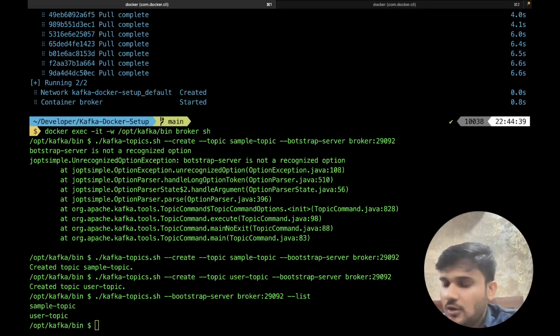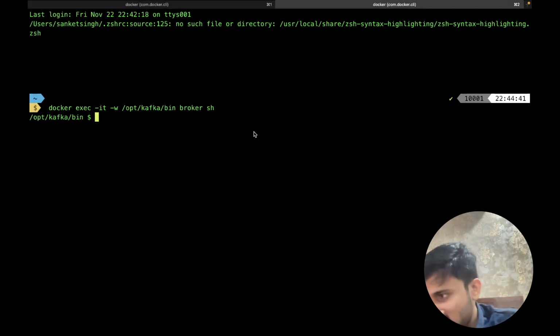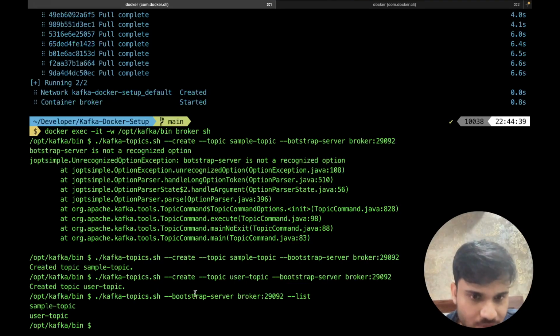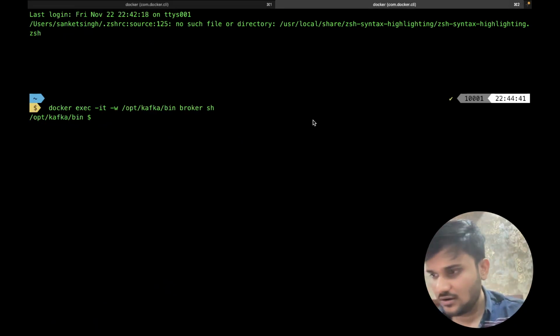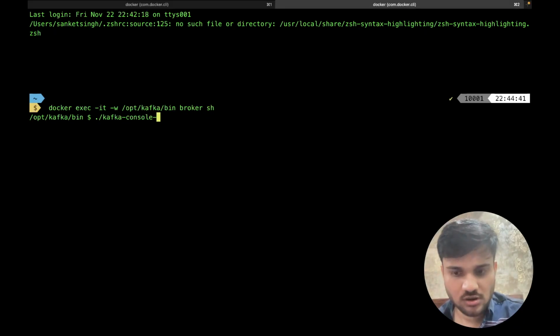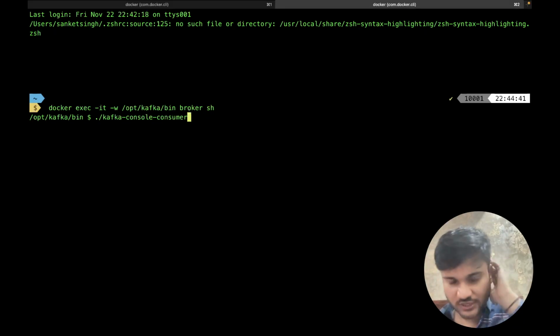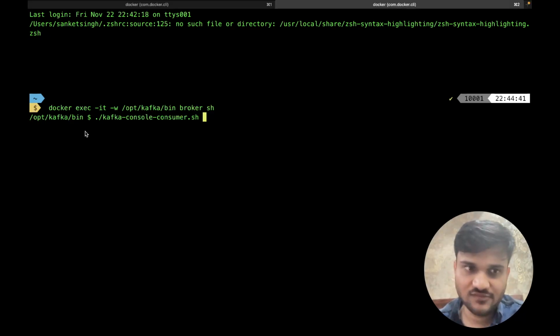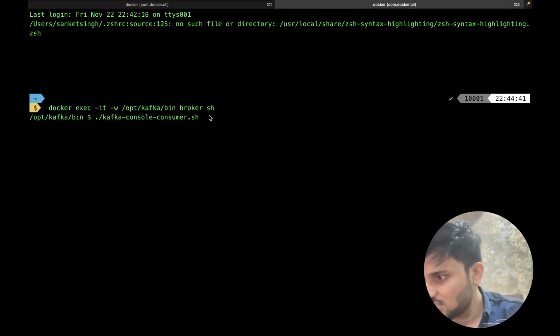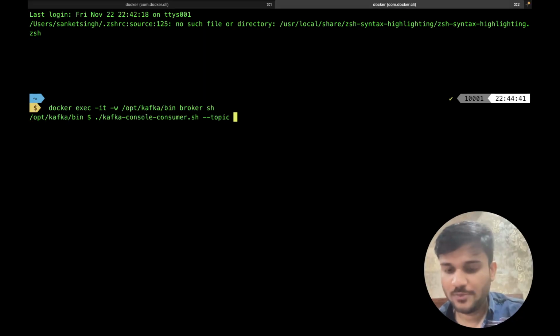Okay. Now, let's say I want to start my consumer, that can start reading from a topic. So we have a topic, sample topic, right? So in another terminal, I'm saying ./kafka-console-consumer. When you set up Kafka using Docker, Kafka gives you a console based consumer which has all the logic for the consumer written in shell script. So this is the file kafka-console-consumer.sh, to which you need to tell which topic you want to consume. So let's say sample-topic I want to